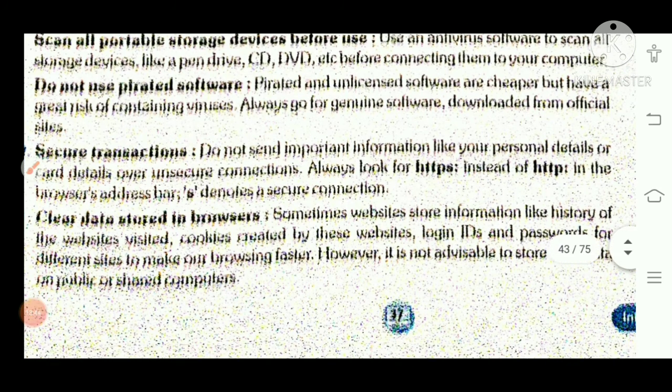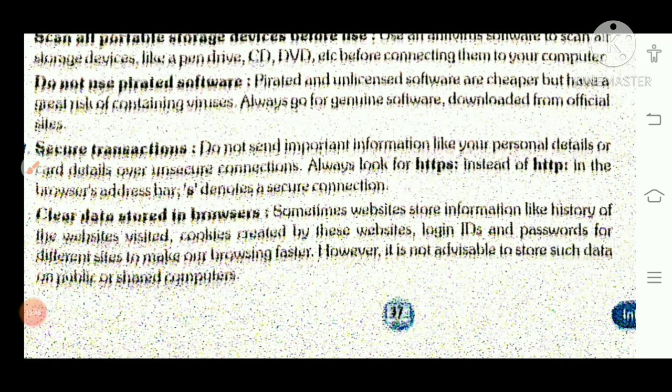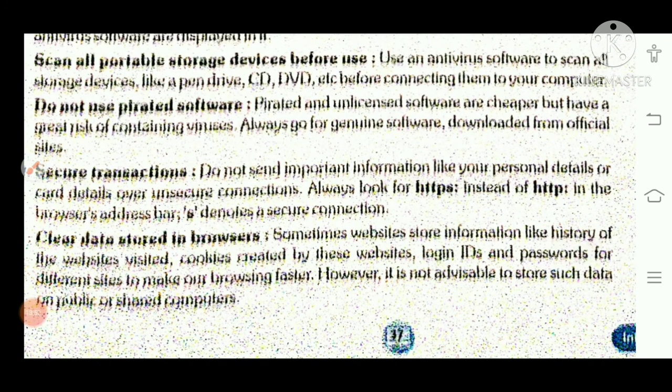In this manner they are collecting information from your system. So scan all portable storage devices before use.